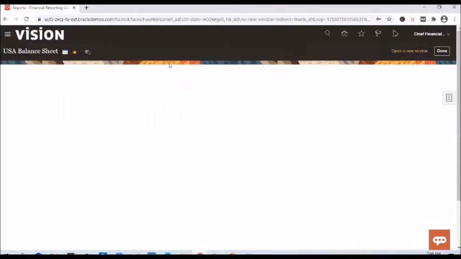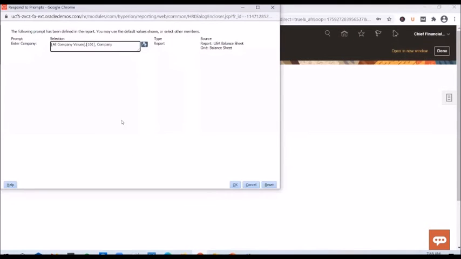So we also want to do something similar to this. We want to configure a prompt for our report as well, and we want to let the user select the company segments for which they want to view the income statement report. So we'll see how to configure the prompt. And for a prompt, again, you can select the default values as well for a company, so that the user need not select values every time they run it. Only when they want to select a different company, they will change the values here.